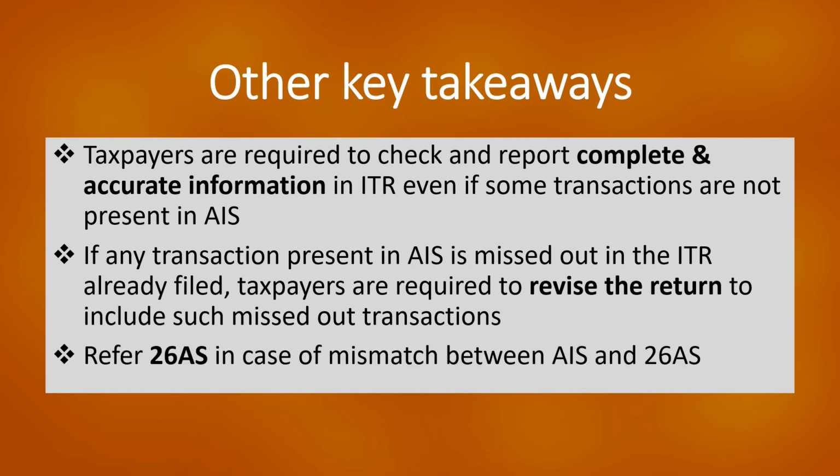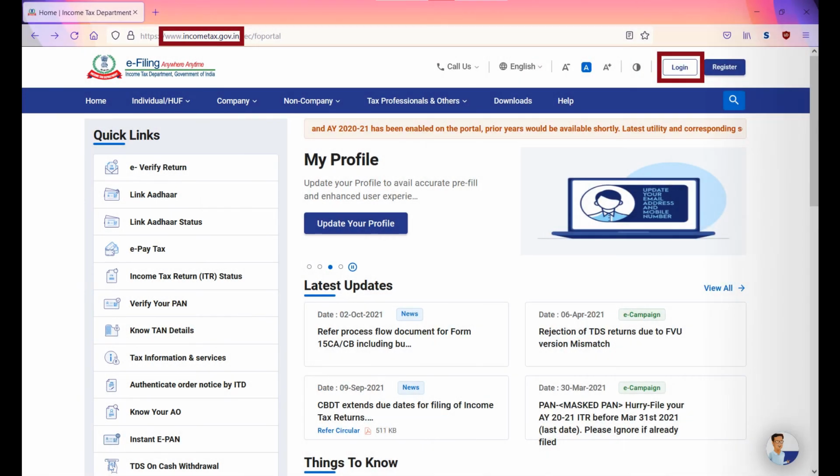If there is a mismatch between AIS and 26AS, CBDT says the taxpayers are required to refer to 26AS. Now let us log into the income tax portal. Go to the income tax e-filing portal,